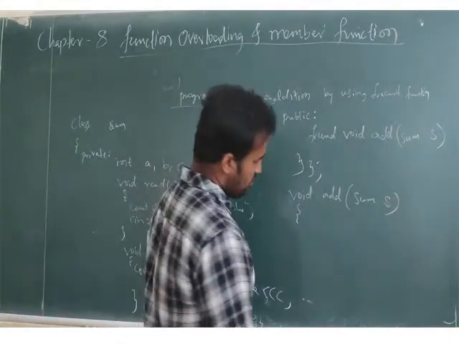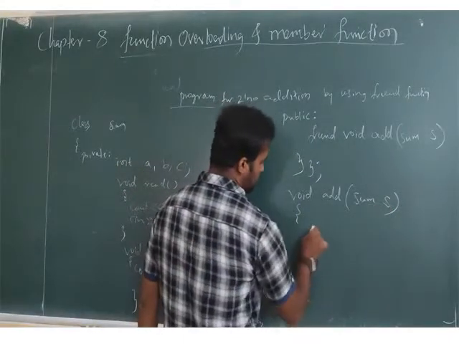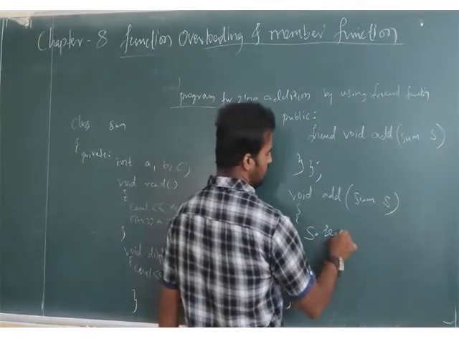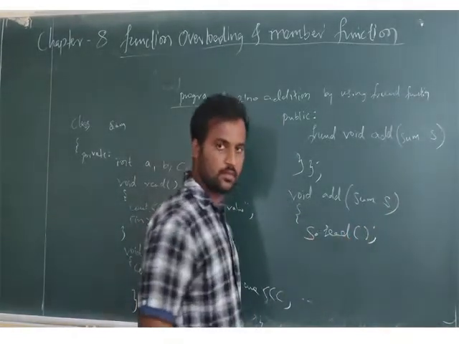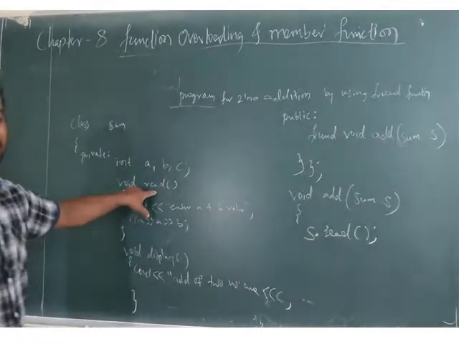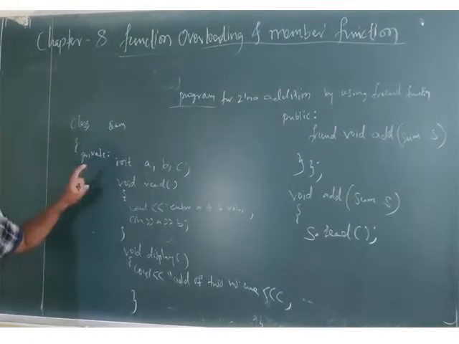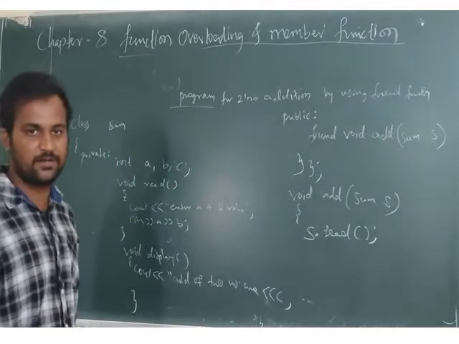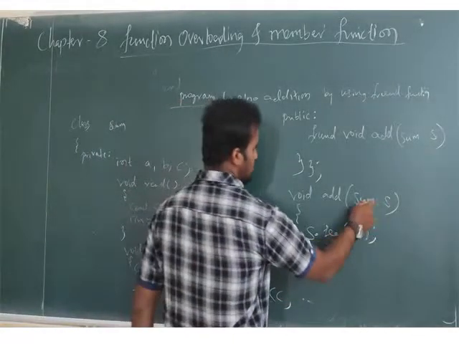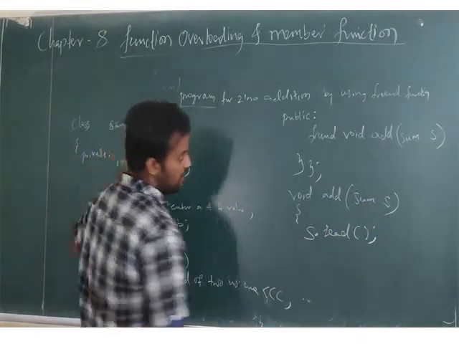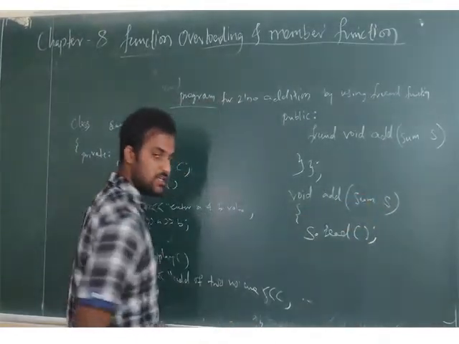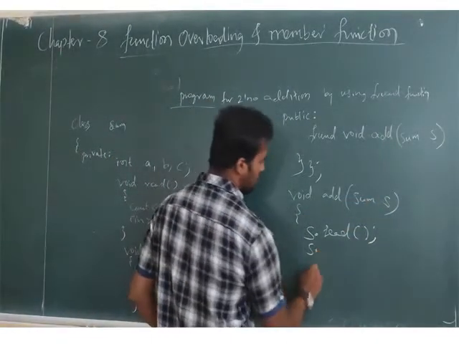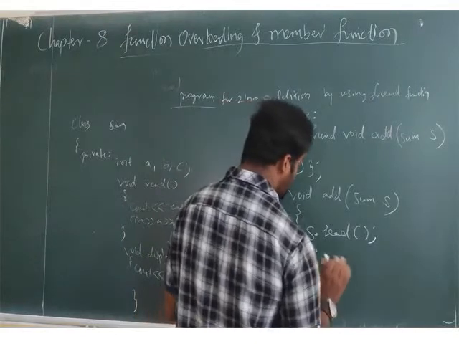Okay. Now what is the object? Object dot read. See here, this function which I have written in private, I am taking it to execute. Read. Sum is the class name. For the class name, the object is yes. Yes dot. Now listen here.